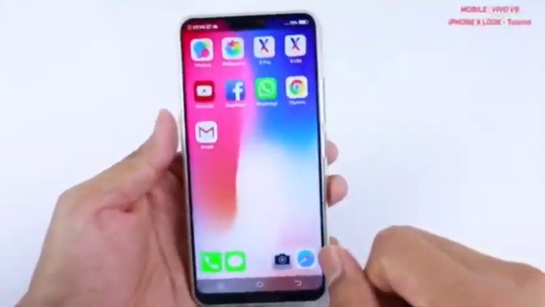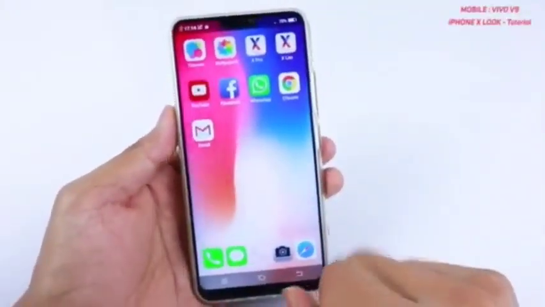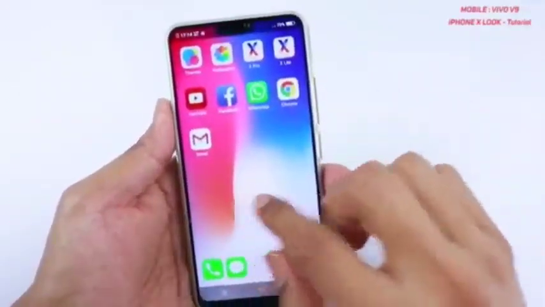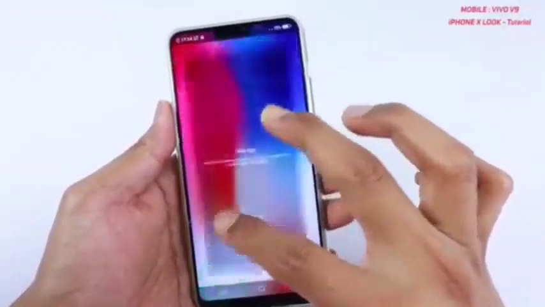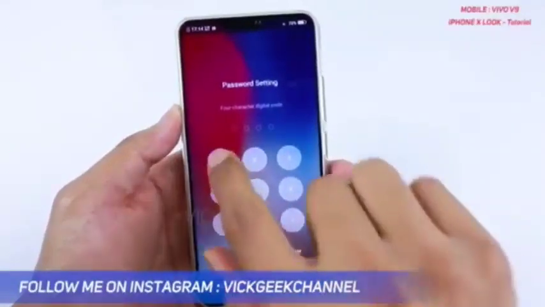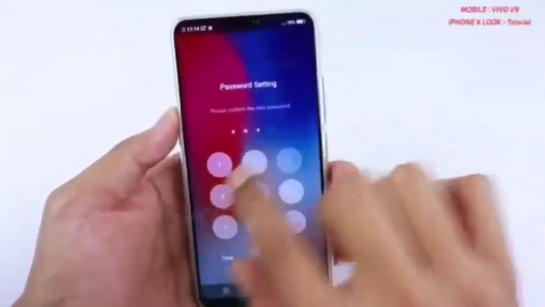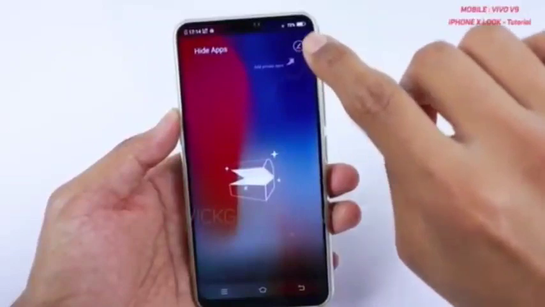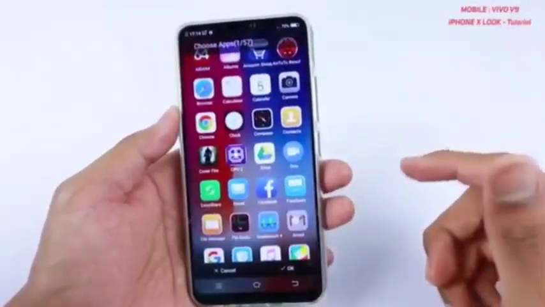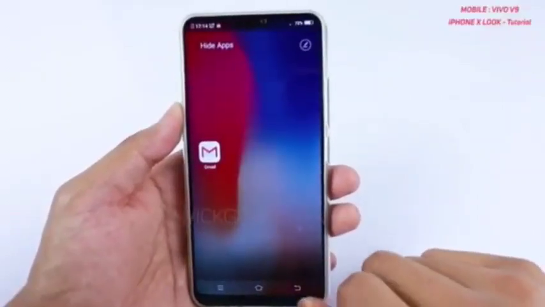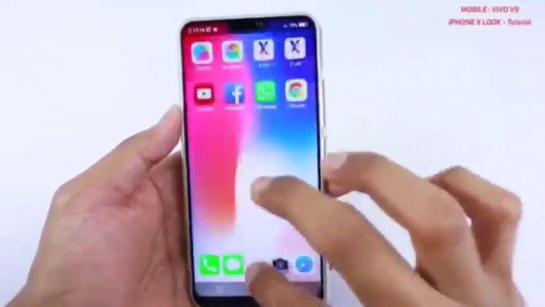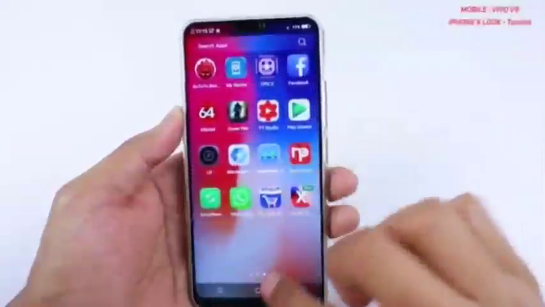After you have installed the lock screen, as you can see, now everything is set. One interesting thing that I would like to show is that you can actually hide applications inside this iOS 11 launcher. To hide an application, you swipe up like this with two fingers, and here you see hide apps. You go to the settings and set any password you want. Tap on it, and here you can see add private apps. For example, if I want to hide the Gmail app, I tap on it and click OK, now it is in the hide app section. So you won't find the Gmail app anywhere here, even in the app drawer. It is completely hidden now.